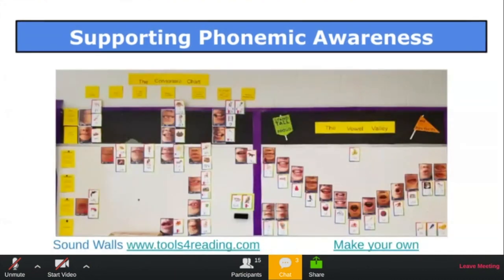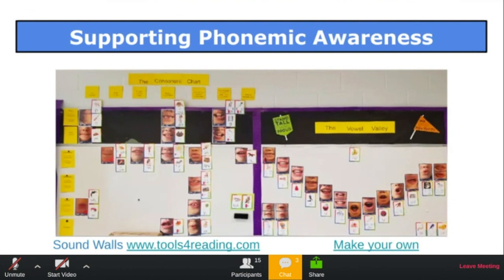Now, when we are talking about phonemic awareness, which is a part of phonological awareness, phonemic awareness is when we're talking about understanding each separate sound and linking that sound to a letter. This picture shows a sound wall. This is something that teachers are beginning to use rather than a word wall. So instead of teaching words and putting them up on the wall, where sometimes they become decoration and they're just a part of what's in your classroom and they're not that useful to students,